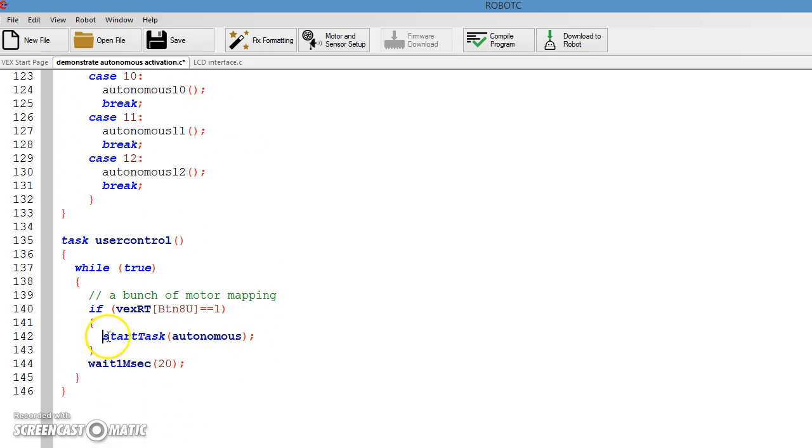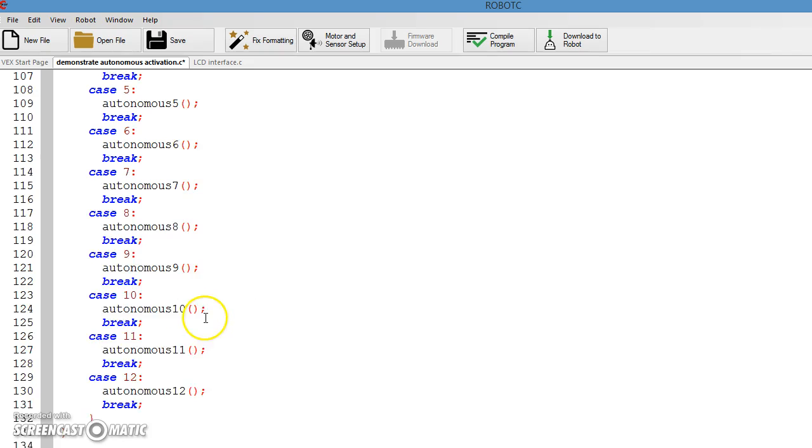However, the start task command only takes a very short amount of time, far less than a millisecond. And because this is not a user function, this loop keeps running, and your motor mapping keeps going. So what you will see is that if you load this to a robot and press that button, the robot is going to glitch. The robot's going to keep glitching. Why? Because